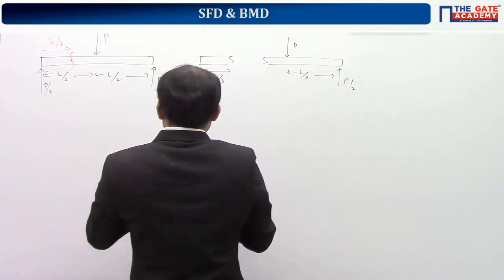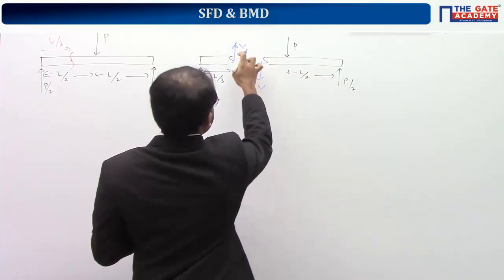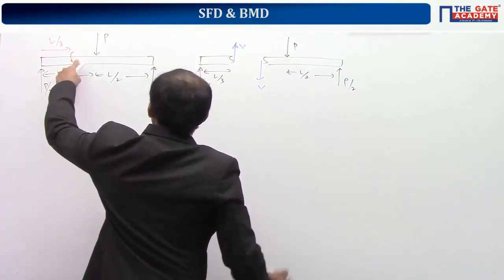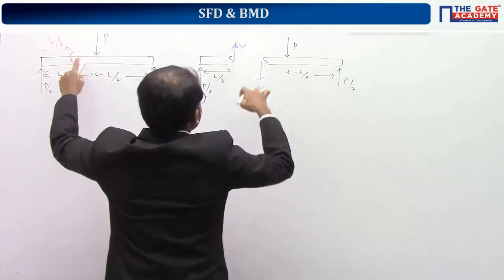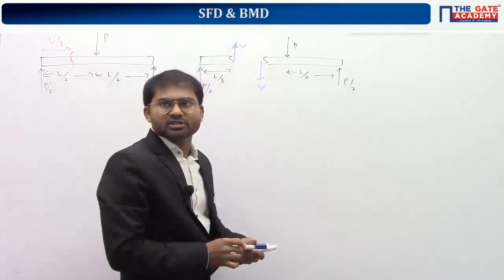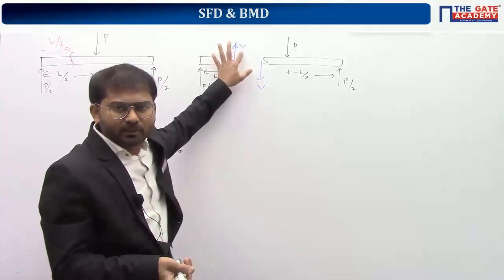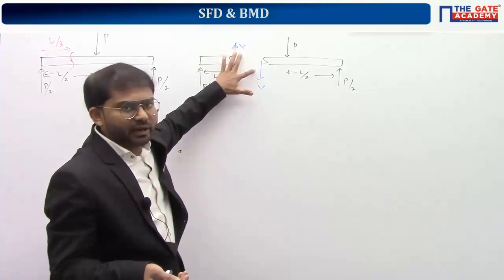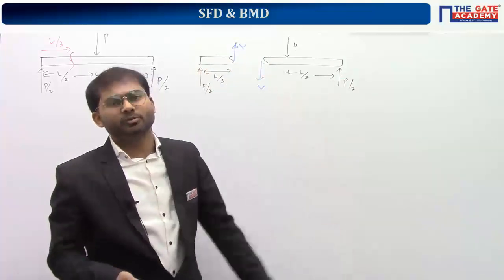Now we should take the shear force as V. As it is an internal force, both should add up to 0. At this location there is no external force, so this V and this V should add up to 0. That's why I took one upside, one downside. But there is no compulsion that you should always take it as upside only. You can take downside also. Conceptually, there is nothing wrong. So we can take upside, downside, or you can take the reverse as well. I will take that also to see if the answer comes out to be the same or not.